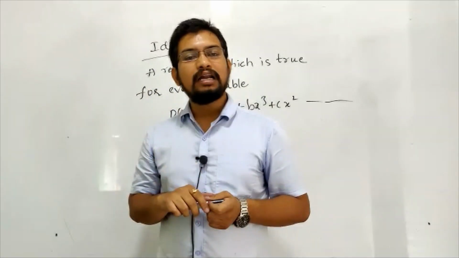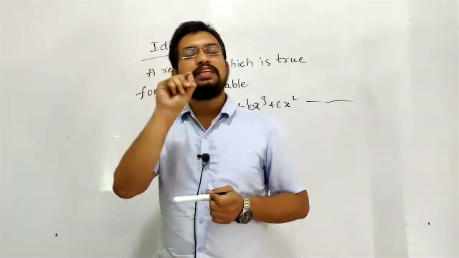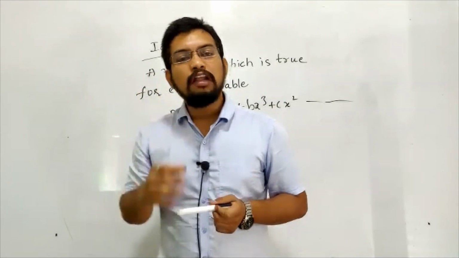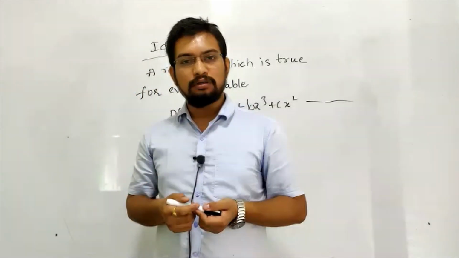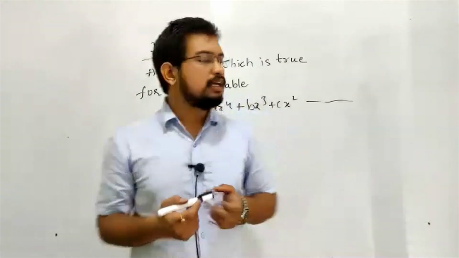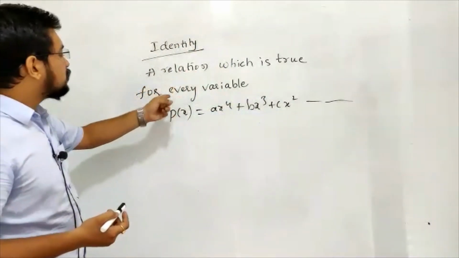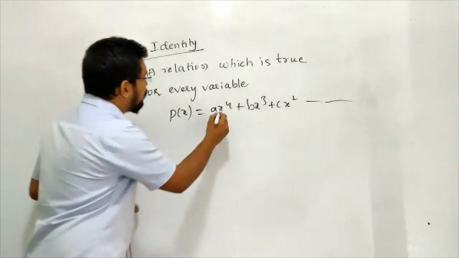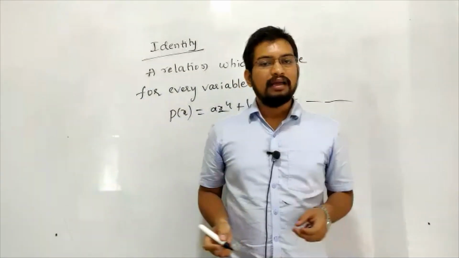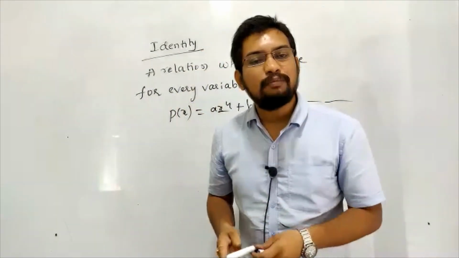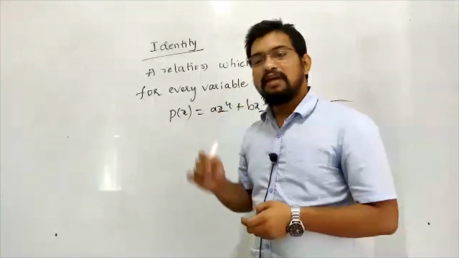అంటే ఐడెంటిటీ అంటే మీరు ఏ వాల్యూ సబ్స్టిట్యూట్ చేసినా కూడా that value will hold. అంటే ఆ రిలేషన్ హోల్డ్ అయిపోతుంటుంది. That relation is a valid relation. Such a thing will be called as identity. Now similarly, a relation which is true for every variable is called an identity. అంటే x ప్లేస్ లో ఏది రాసినా కూడా వేరియబుల్ ఏంటి ఇక్కడ? There in sin square theta plus cos square theta, the variable is theta. Here what is the variable?